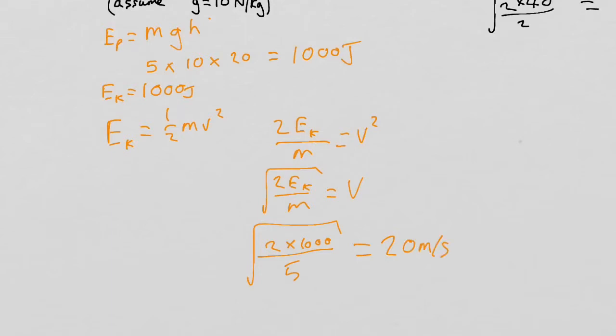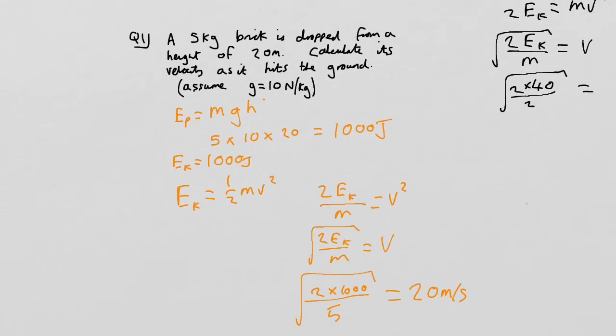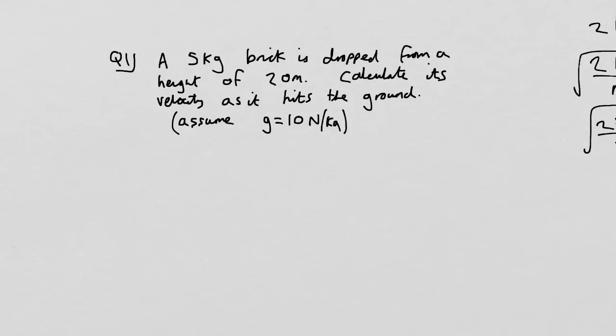of velocity. Now remember, I also said that you don't actually need to know the mass, and this is why. Let me show you why. We know that energy can't be created or destroyed, it can only be transferred. So we're going to assume that all of the gravitational potential energy that we put into it is transferred to kinetic energy. So they're both the same.